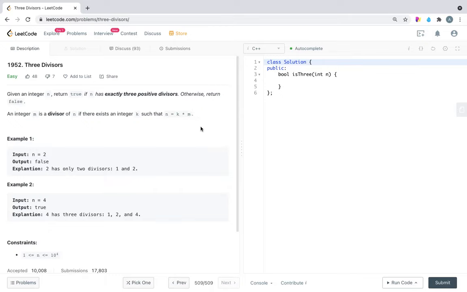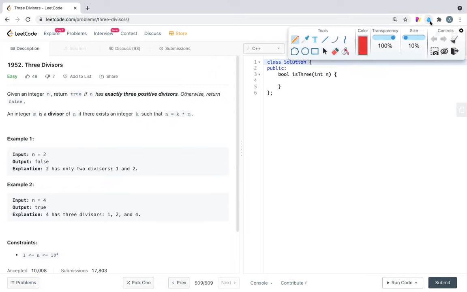So how can we find that an integer has only 3 divisors? For positive numbers 1 and 2, we can't have 3 positive divisors, because for 1 we have only one divisor.